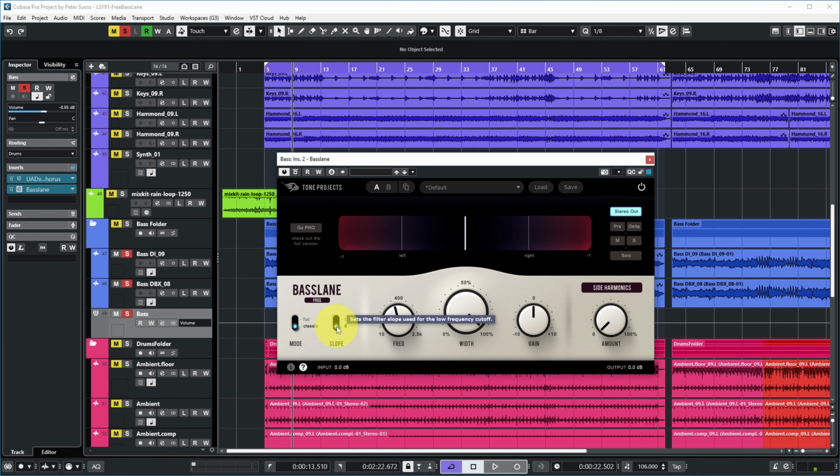This is the slope of the filter that defines which area of the low frequencies we are working on, and you can set that area by using this knob. Everything below the set frequency will be affected by the plugin. And if you leave the width at 100%, it will not be affected. But if you turn it down, the stereo width of that frequency area will be narrowed until it's totally mono